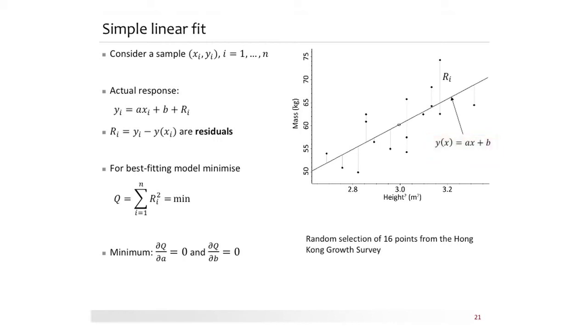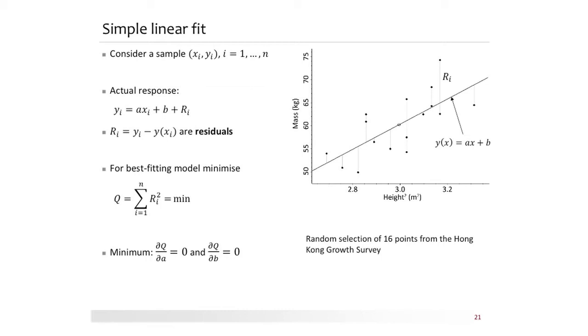So this time, the actual response for point i would be AXi plus B plus some additional term Ri. We call them residuals. So residuals are plotted here with gray lines. Residual is basically a deviation, how far you are from the best regression line. And the way of finding the best fitting line is to minimize the sum of squared